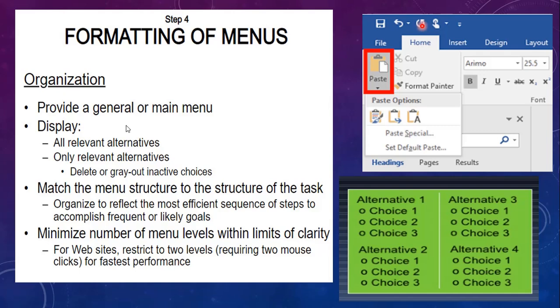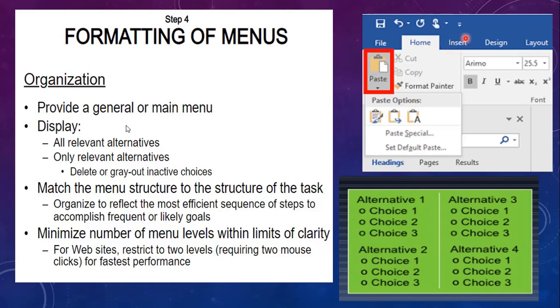This will provide a consistent starting point for all the system activities and a home base to which the user may always return. For example, a general menu or a main menu. Here you have file, home, insert, design. These are the home page options, and the user will always return to this particular option.